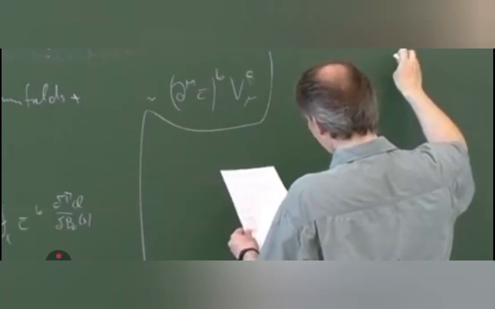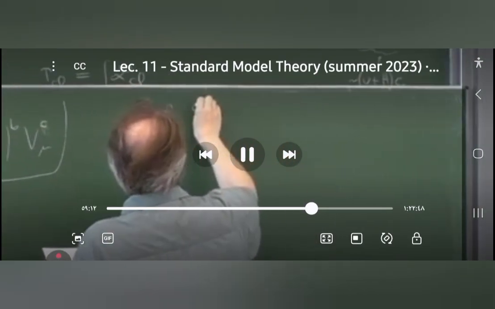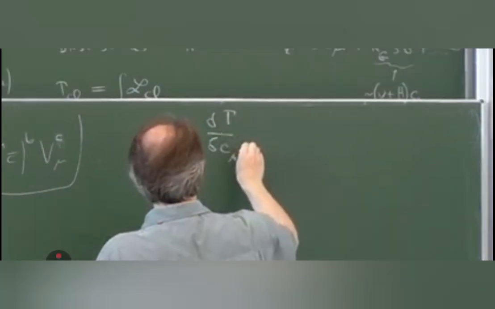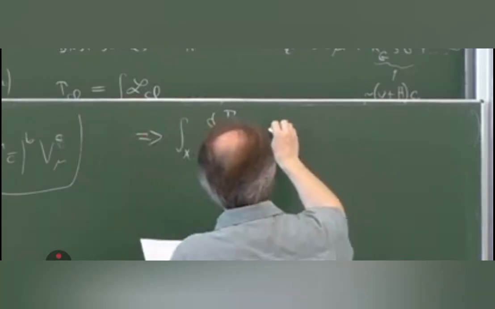So therefore we know the following. This equation at all orders gamma derivative with respect to CA of x is equal